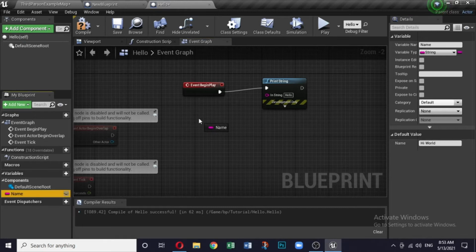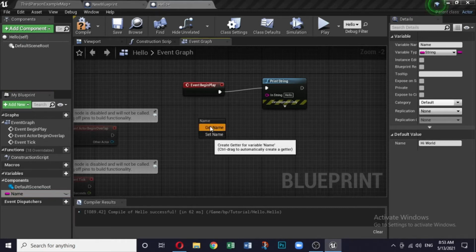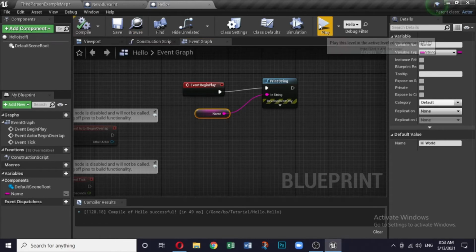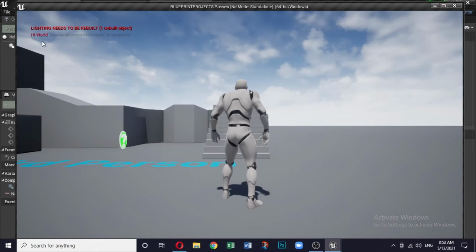And then get this variable onto this event graph, and you connect it over here. There was one piece of information which was written as hello. Now you give another piece of information which will go in the print whenever the begin play happens. So compile it again and play. Here you can see hi world.